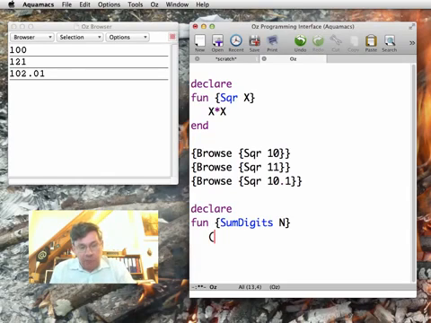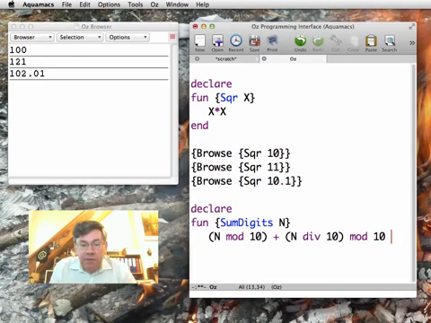So for example, I can do n mod 10. This is the lower digit. And then I can do n div 10. This divides the number by 10. And if I do mod 10, this will give me the second digit. And then I can do n div 100 mod 10. This gives